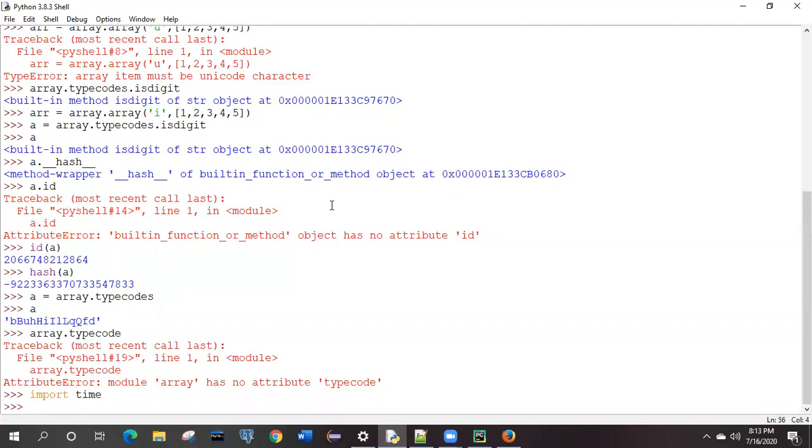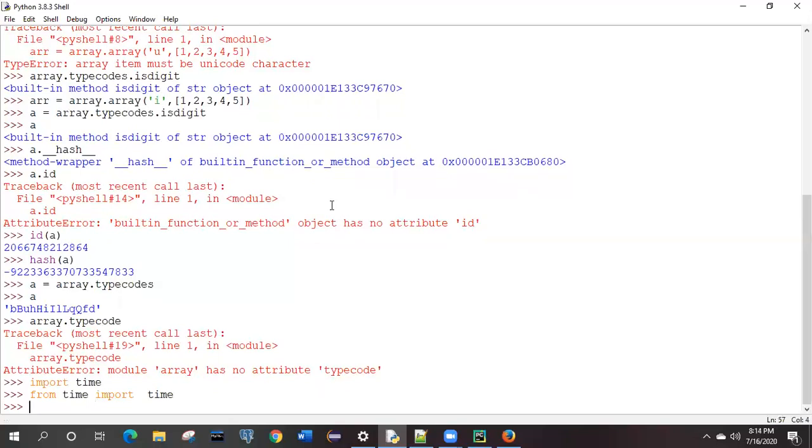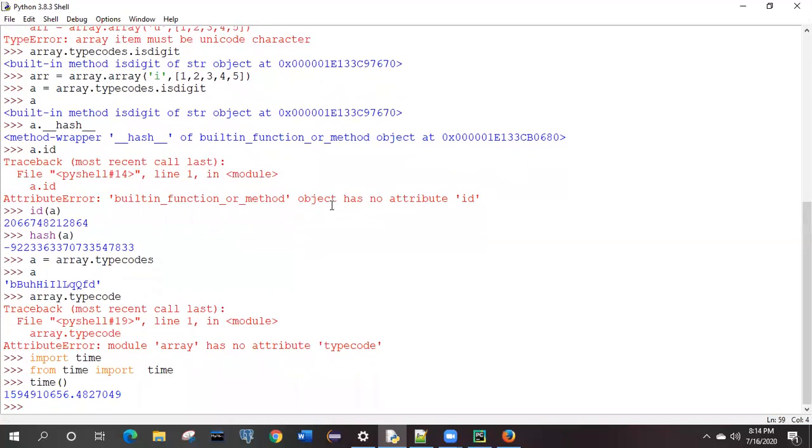Based on this time import, if you want to perform some other things also, this syntax you are also familiar with: from and then import. So from time, I will import time. Sometimes this inbuilt method will not be available to you directly if you are writing import time, and then it will ask from where you want to import it. Time is one of the methods. If you click on it, see what it is giving.